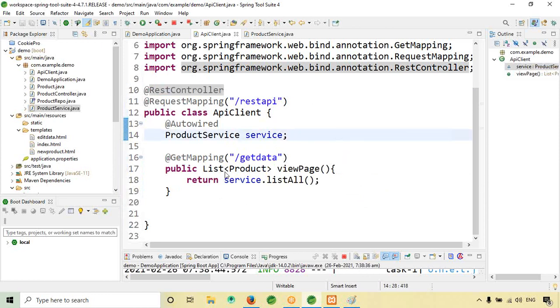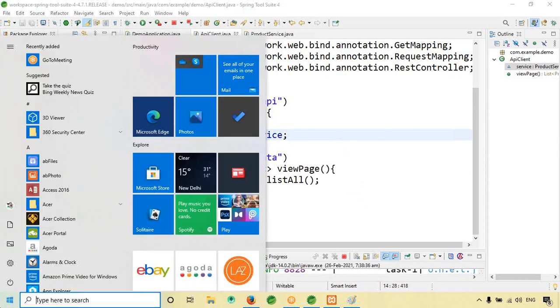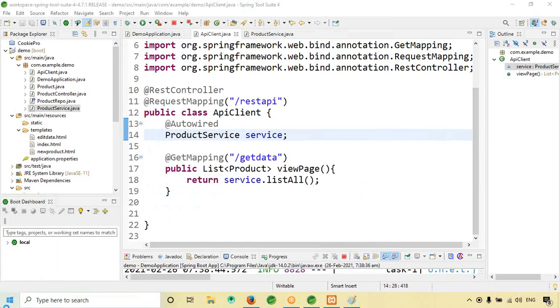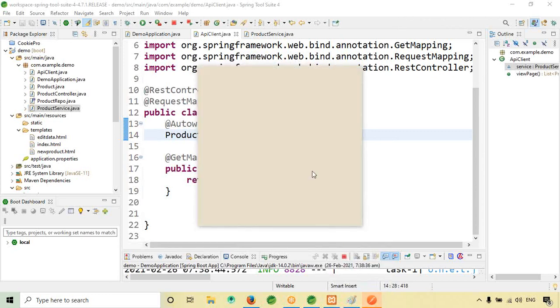Now let me open my Postman. So it is launching.